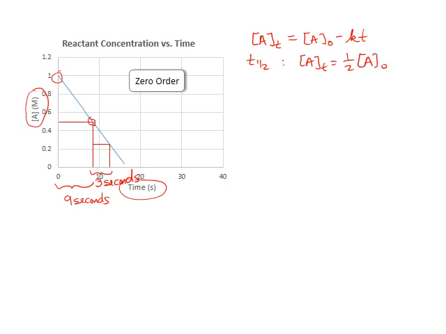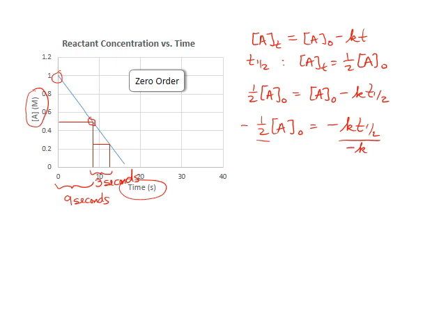Plugging that into the above equation gives us 1/2 initial concentration equals the initial concentration minus k times T1/2. Combining terms, bringing this over, gives us on this side negative 1/2 A sub 0 equals minus k T1/2. Dividing both sides by minus k,